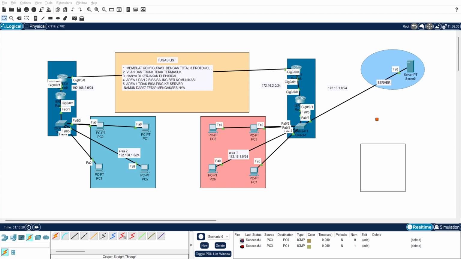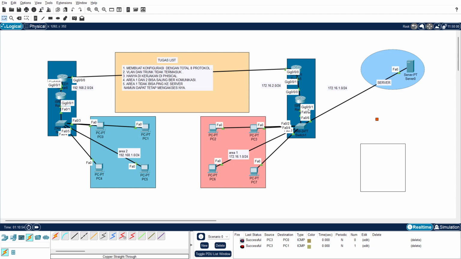First, what I want to show you is how many devices are in here. As you can see, there are 6 network devices, which are router 0, router 1, router 2, router 3, and router 4.